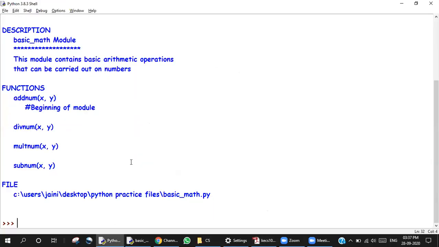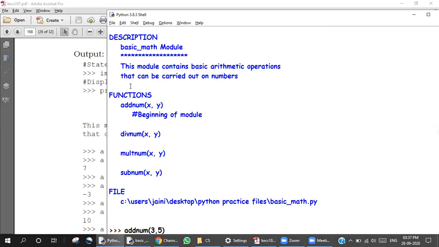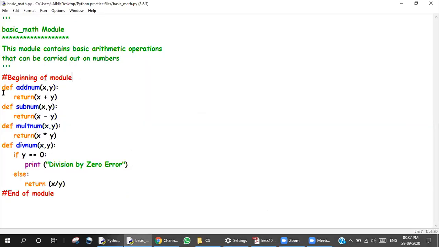Let's say I call add num and pass 2 numbers, and see, do I get an answer? I just made these functions, add num. Okay, beginning of module is coming after add num. This shouldn't come here, right?